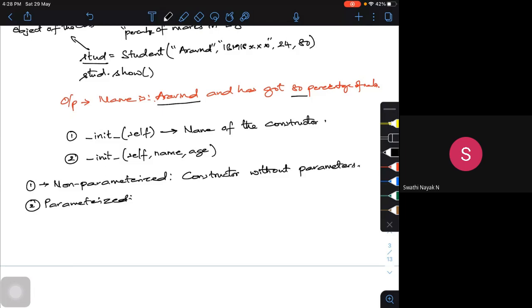The second is the constructor with parameters. That's how you can define non-parameterized and parameterized init functions or init class methods. We can define it. Is that clear?